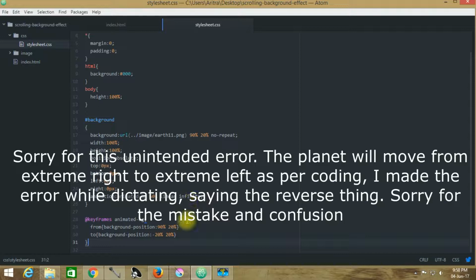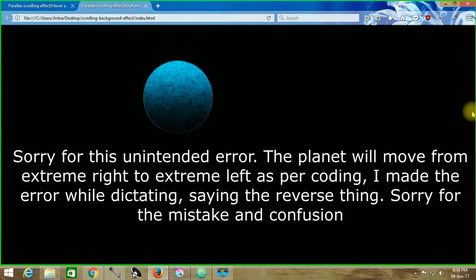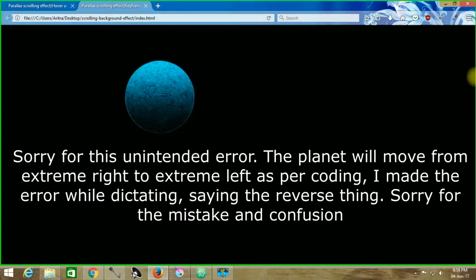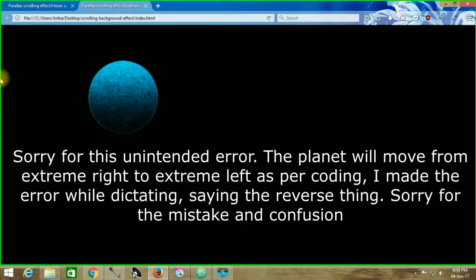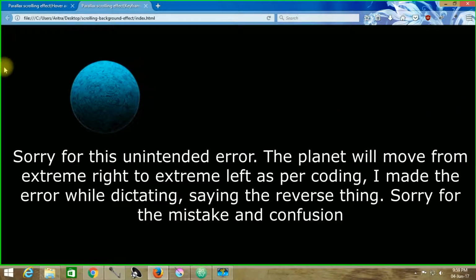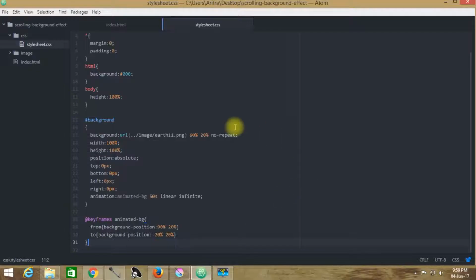Now if we get back to our project, what we want is that this planet will be marching out from its extreme left, and it will be marching out again, converging out of this canvas, out of this HTML browser, beyond its viewport, and it will be disappearing. So all we need to do then is increase this extreme margin.